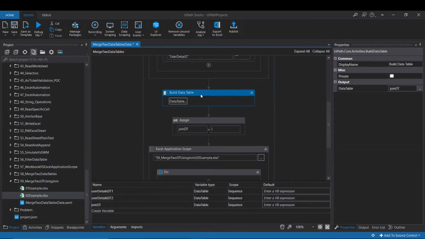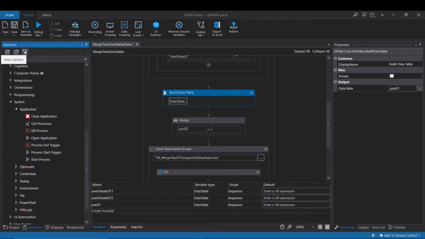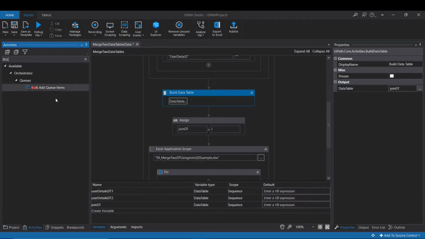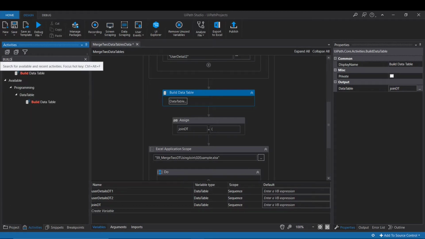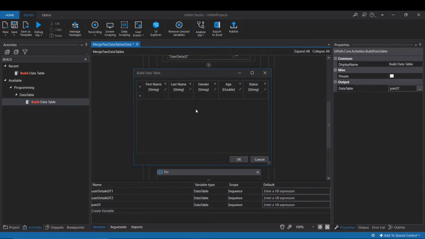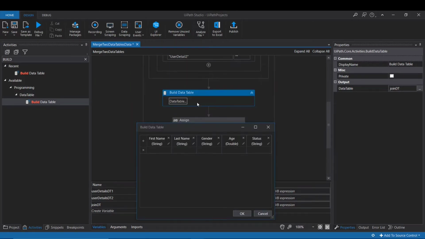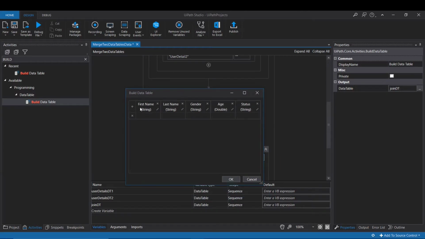Here we have taken one activity, the build data table, and we have created one data table using this activity. We have taken the column names first name with type string, last name string, gender string, age double, and status string.